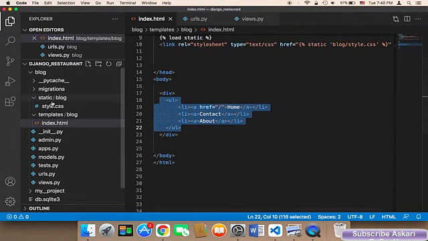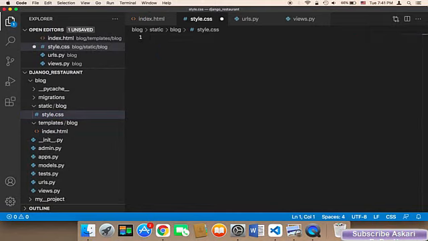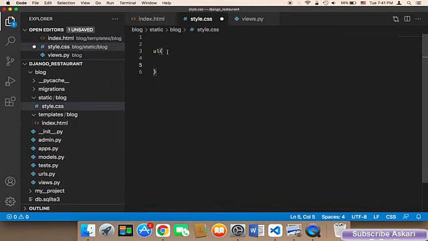So we need to work on the CSS part of this so that this looks much better. I'm going to head on over to the CSS file, and then I'm going to start working on this. So in the CSS here, if you open up the static blog CSS, style.css, you'll find that we have this h1. We no longer need this. This was just for the sake of demonstrating how to use CSS in Django. Now, I'm going to add some designs to the UL. For this unordered list, I'm going to add the following design. First of all, I'm going to change the list style type. The list style type is going to be none,